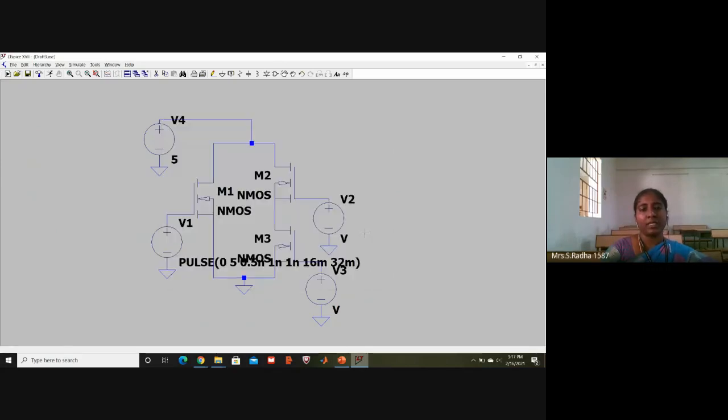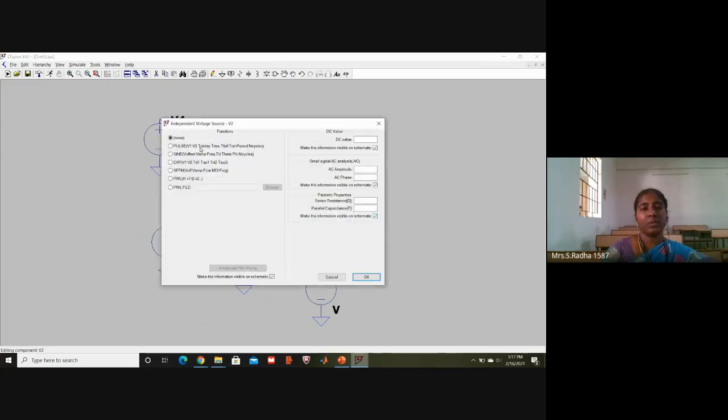This is the B variable, go to advanced pulse, and here 0 volts, then 5 volts, then delay 0.5 nano, rise time 1 nano, fall time 1 nano, and on time I have to give 8 milli and time period 16 milli, half of that of A. This is B completed.